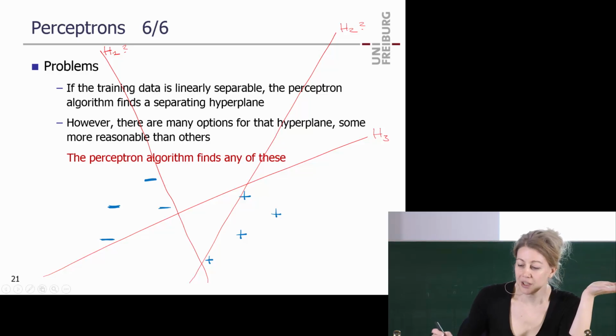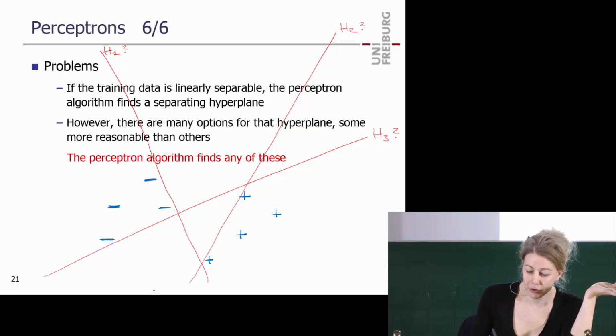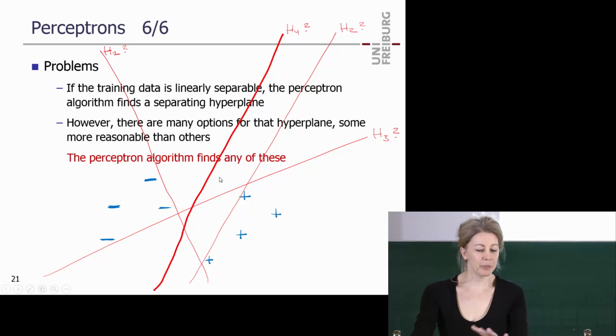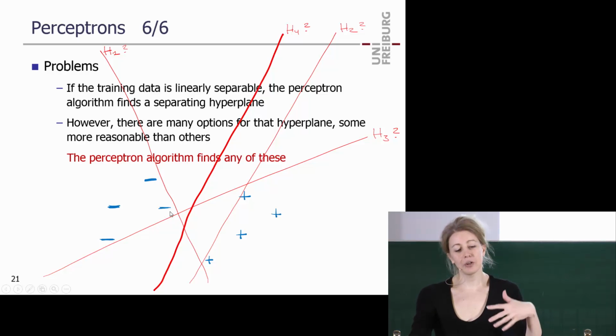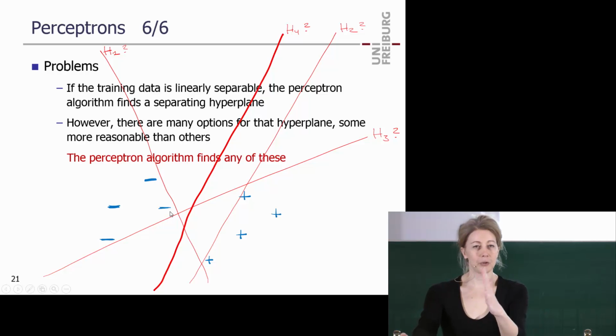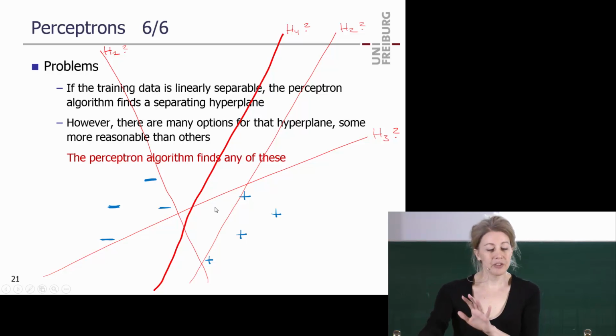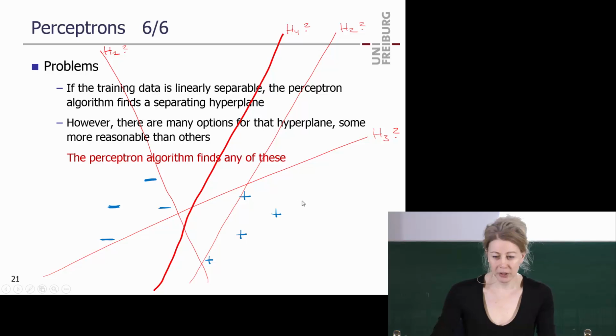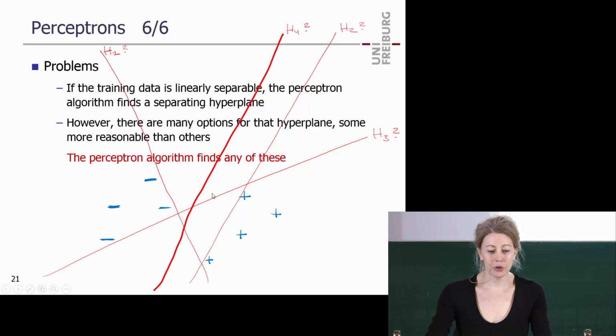Should I take this hyperplane? Should I take this? If it's linearly separable, I have a number of choices, which is the right hyperplane. Or maybe should I take this one here, H4. Somehow intuitively this looks more reasonable, right? Because it's somehow going more through the middle of those. This is really going close to those ones. If I would ask you intuitively what's the best separator, you would pick one which is in the middle, right? And the perceptron just finds any of these. And that's a problem in practice also, because it has no concept of finding a good one.